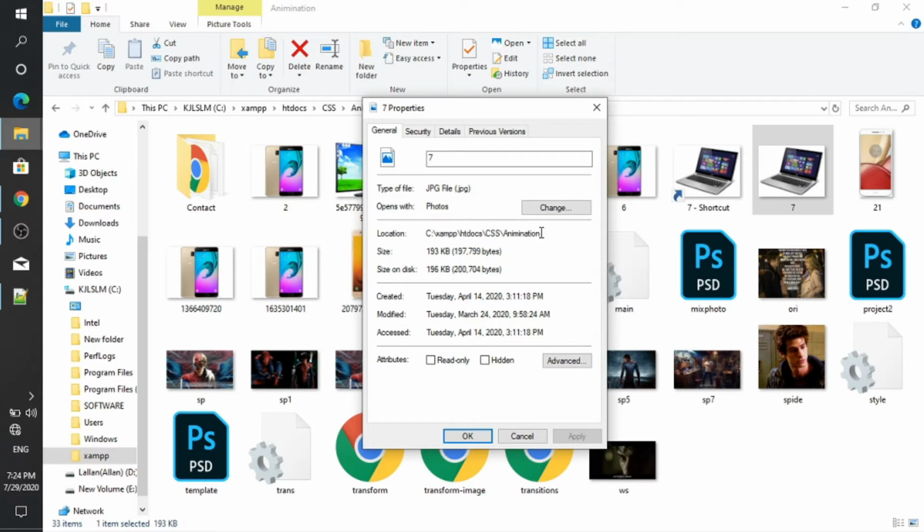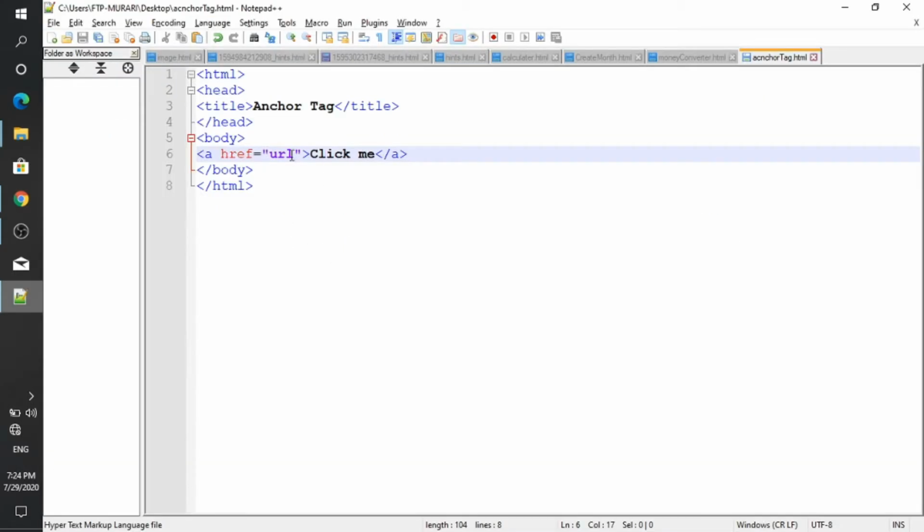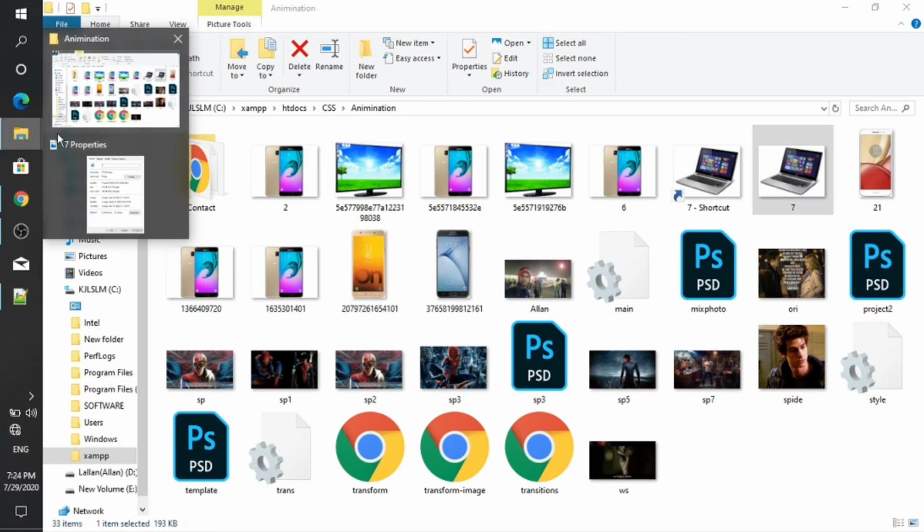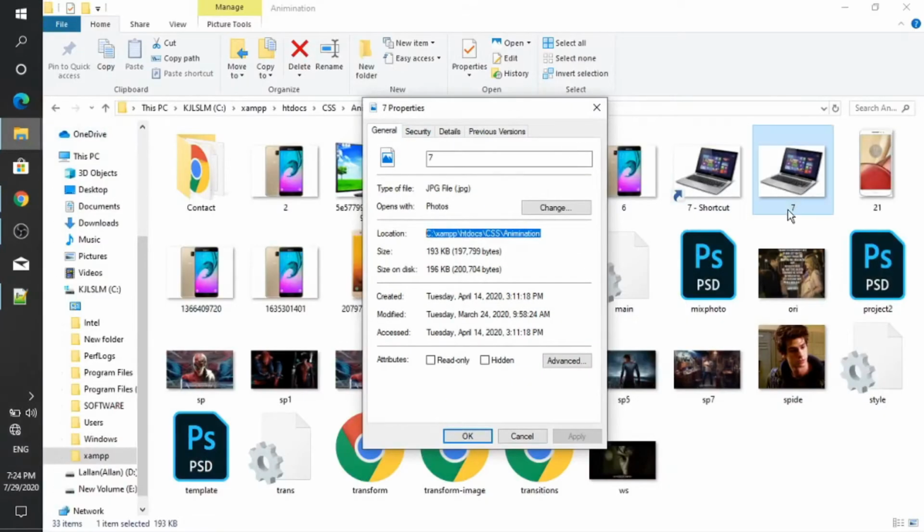Simply copy it with Control C, and Control V to paste, then forward slash. What's the name of the file? File name is 7. What is the type of the image? Image type is JPG. There are different types of images.